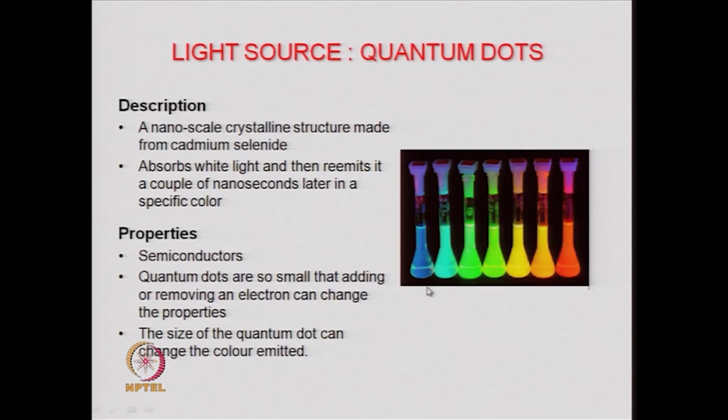Okay. So, this is the figure where you see all the flasks of cadmium selenide with different size particles. But we have not yet explained exactly why the colors are changing. We have said that because of particle size the colors are changing. If you change the particle size, you will change the color, but why? That is a very important problem which has been solved for a long time using band gaps, and that is the slide that we are discussing,